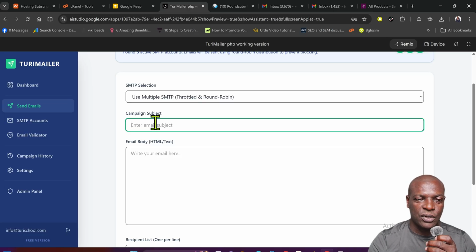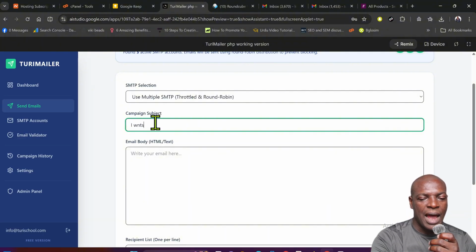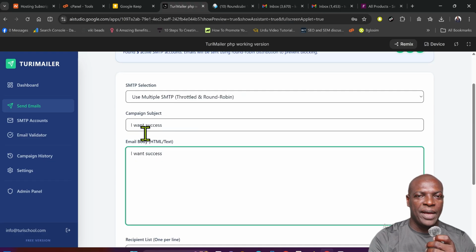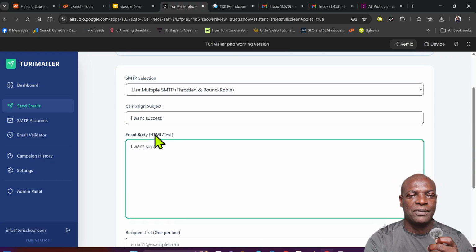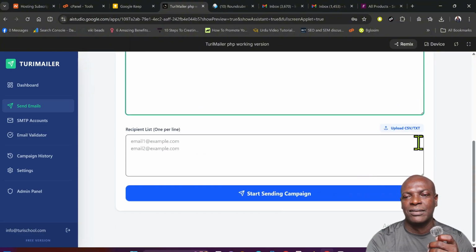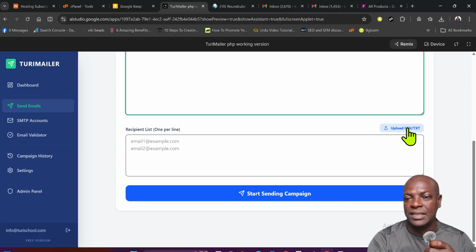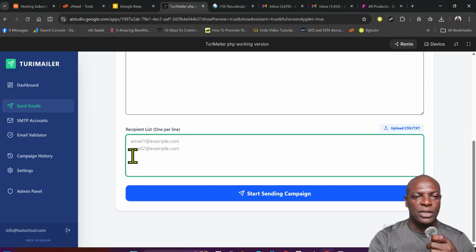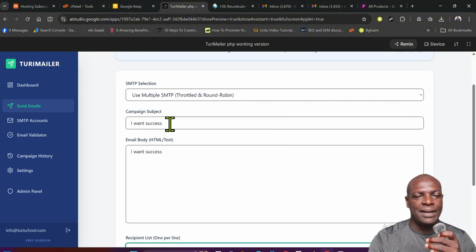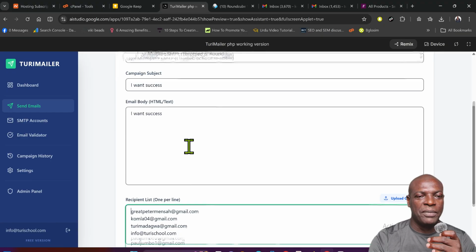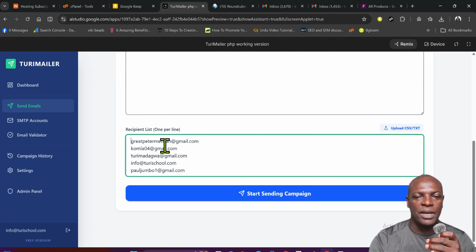So now I'll put the title of my email. I have typed my campaign name, which is the subject of your email. I've put my text. You can put HTML or text. So I can click here and upload my email addresses. If you are sending 5,000 emails, 10,000 emails, 100,000 emails, you put them in a CSV or text and you upload it. So here now I've throttled the email, I've put my email messages, I've added my emails here